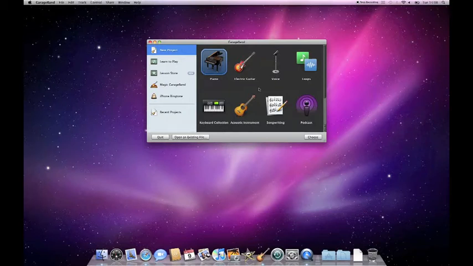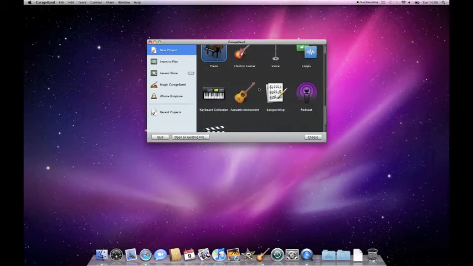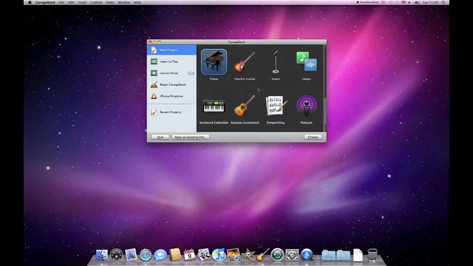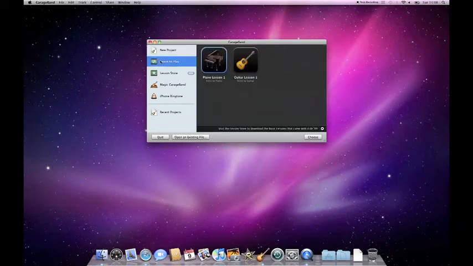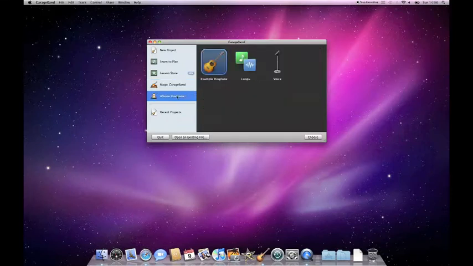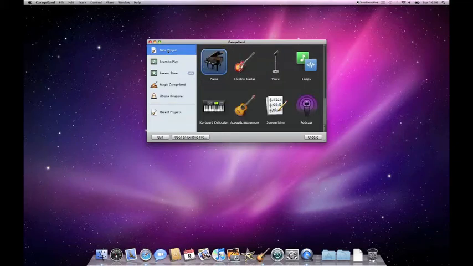So as you can see, there's pianos, electric guitars, songwriting stuff. You can add sound to movies with this as well. All those templates are there. You've got a learn to play option, so you've got basic guitar and piano lessons in there. That links with the lesson store, you can download new ones. You've got Magic GarageBand, so if you want to have a jam along with a blues track or a jazz track, you can connect an instrument that way. You've got various genres there. You can also make ringtones through GarageBand for your iPhone, but for now we'll just start up a piano session,